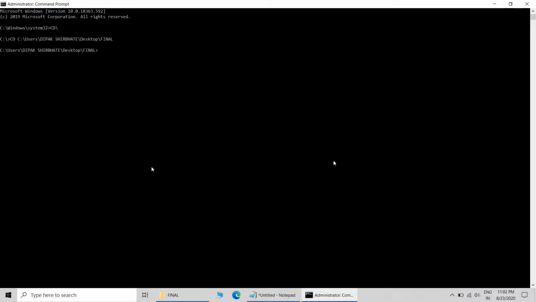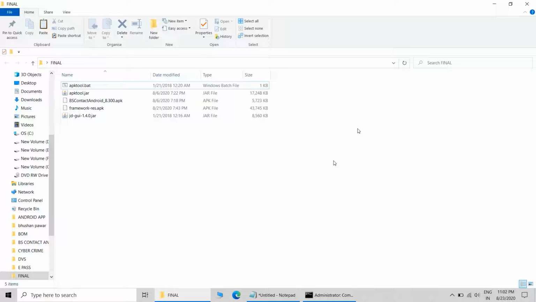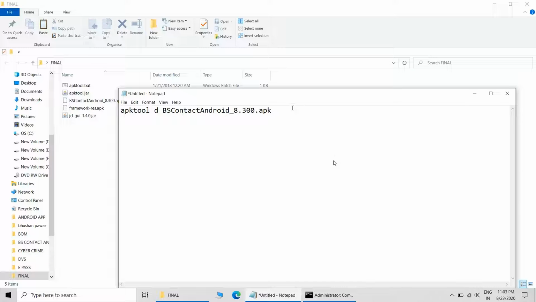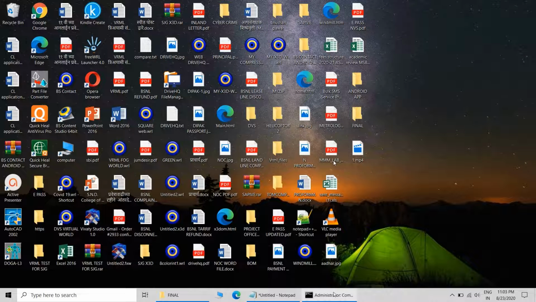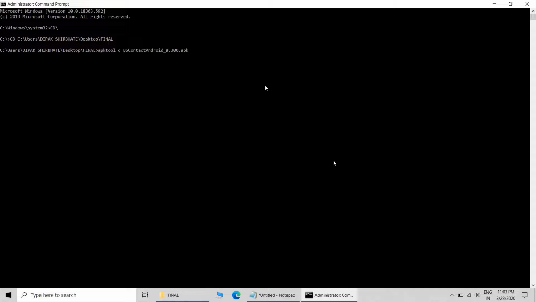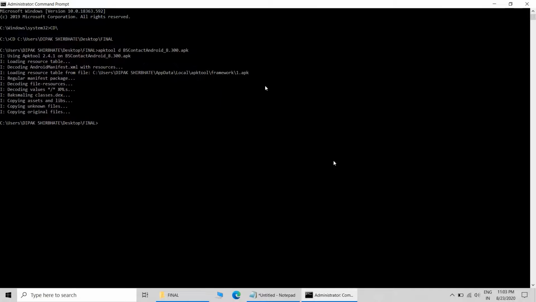This is the address, and this is the command line that we want to use as the decoding command. So this will be the output that you will get.